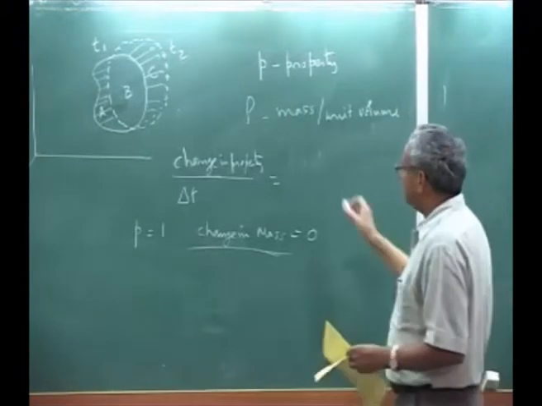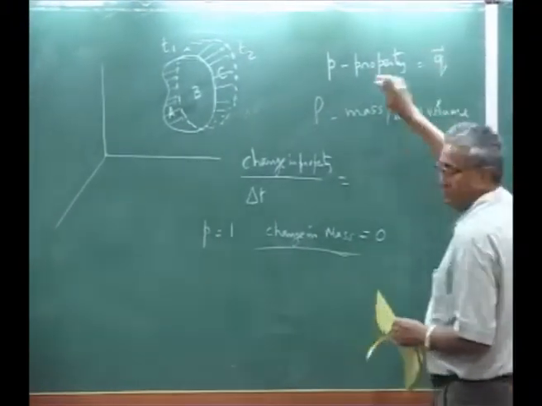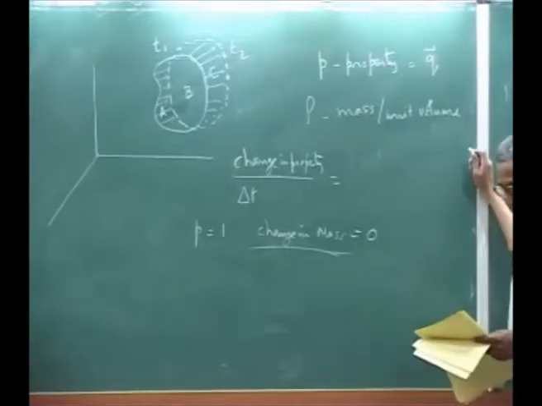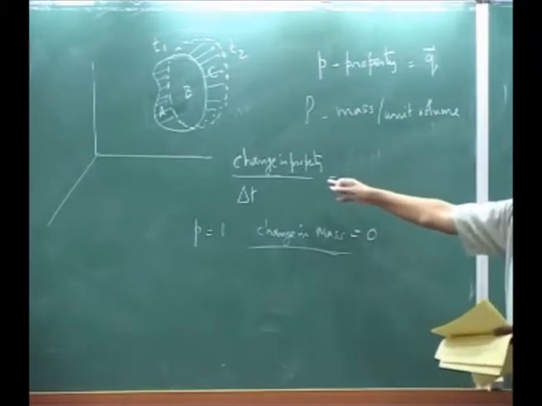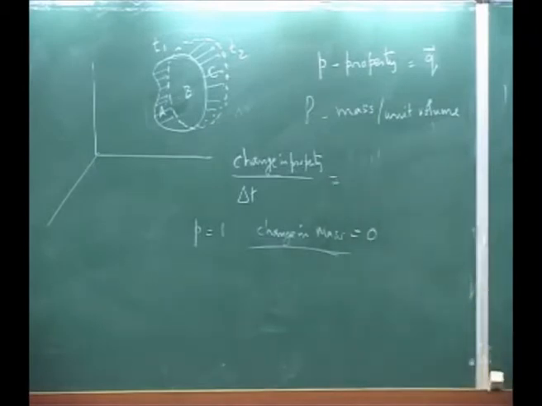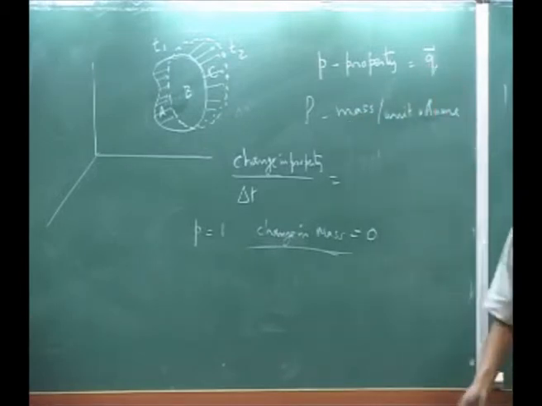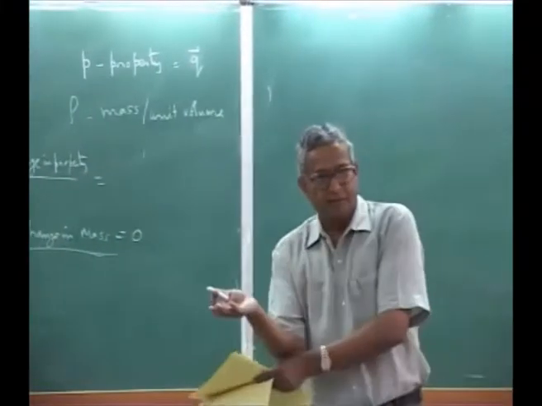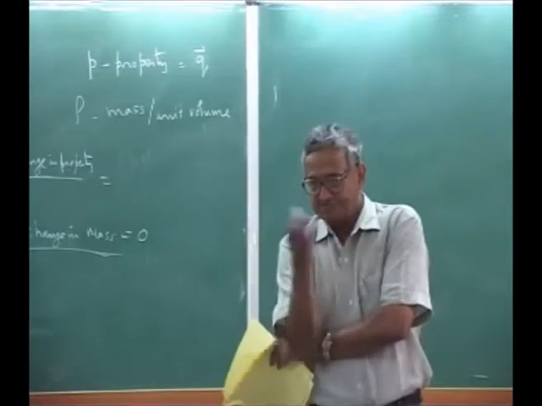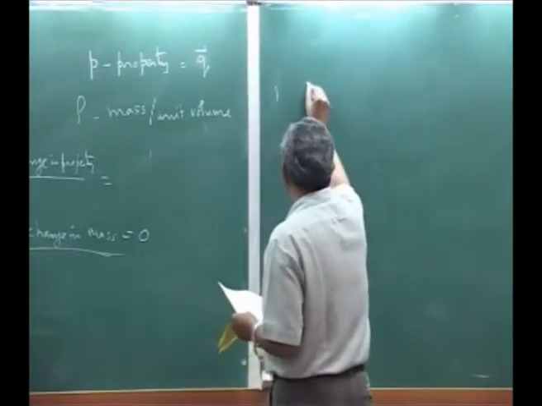If P is my velocity vector, that equation will be the change in property, because this is mass into velocity, which is acceleration. So acceleration is equal to the force that is acting on that, mass times acceleration. So you will have,